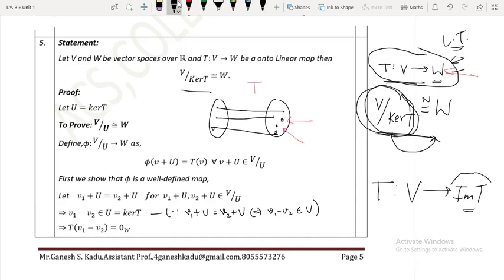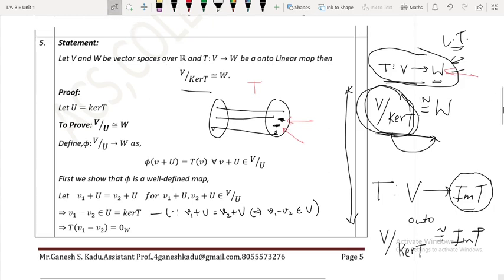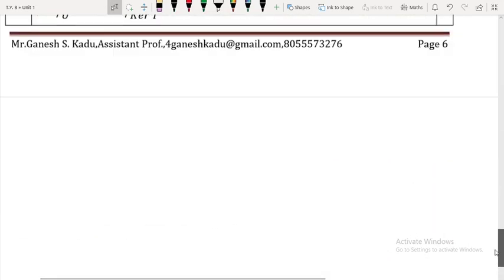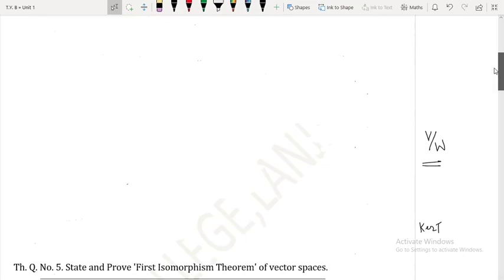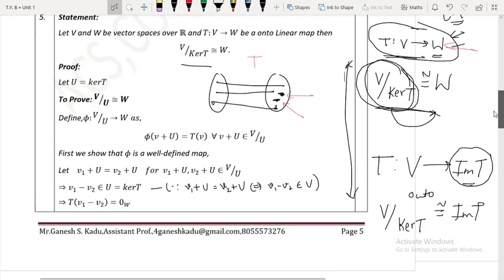So what I have done is restricted my codomain only to the image of T. So naturally these elements are not there in the image of T. Okay, so now it is onto, now we can apply the first isomorphism theorem, and by the first isomorphism theorem we can say that V mod kernel of T is isomorphic to the image of T. Okay, so this is a note actually, so I will give you this note just after this theorem. I have not written it yet, but I will write it immediately after this. So this is regarding the first isomorphism theorem. Thank you.